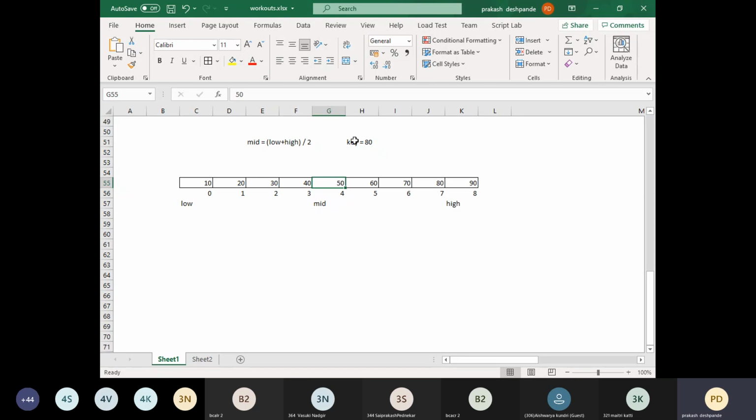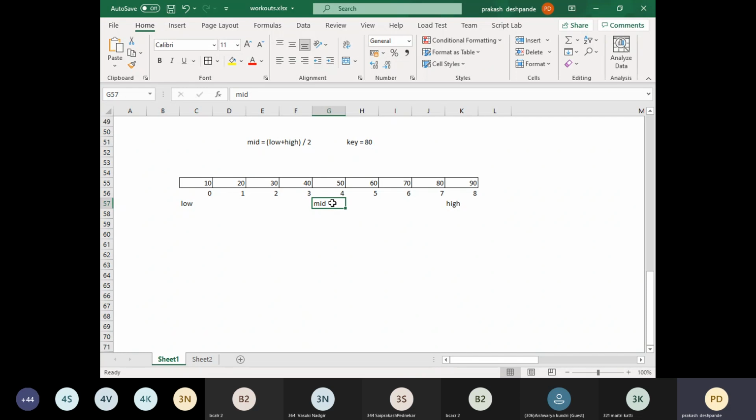Is it the key element? There can be three possibilities. Yes, it can be the mid element. If it is so, then the search is definitely successful. We will retrieve its index value. How can I get the index value? It is mid. The mid will give the index value. That is the first possibility.